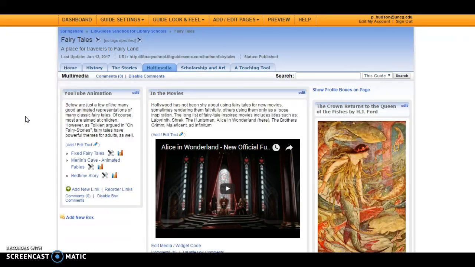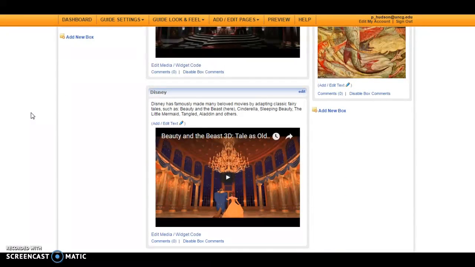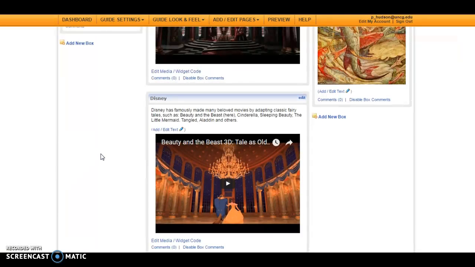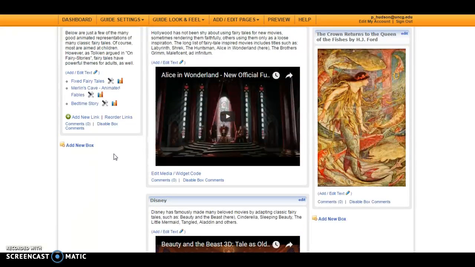Okay. Here we could have said a lot because there's a lot of multimedia, a lot of animated shows, a lot of movies, a lot of different things that fairy tales have been used for. But just to keep things pretty simple, some links here to some Disney trailers. Obviously a lot of Disney movies have been based directly or indirectly on fairy tales, and a lot of not